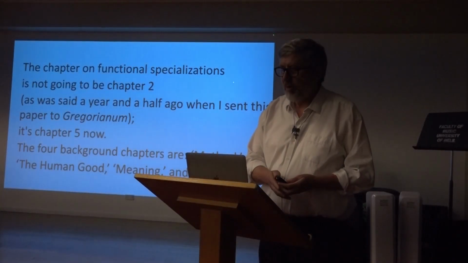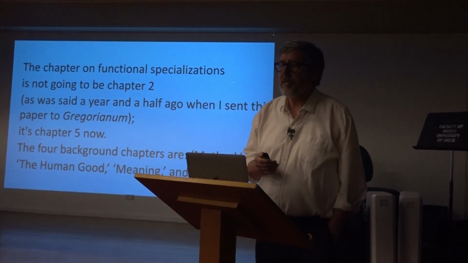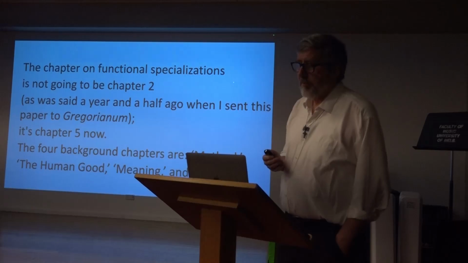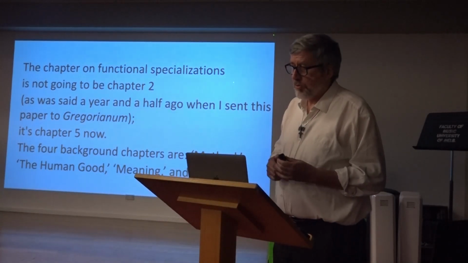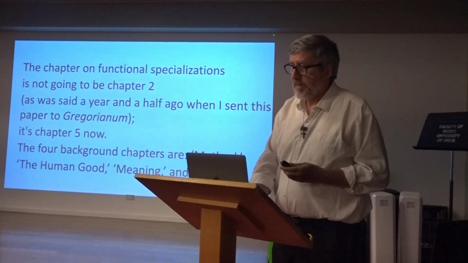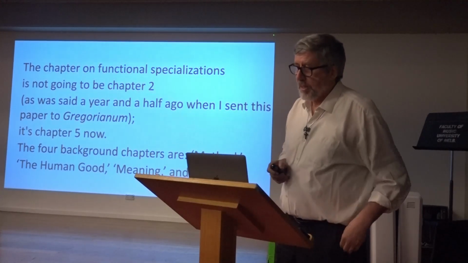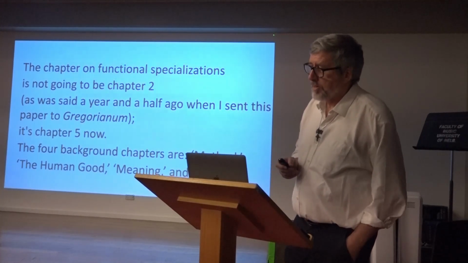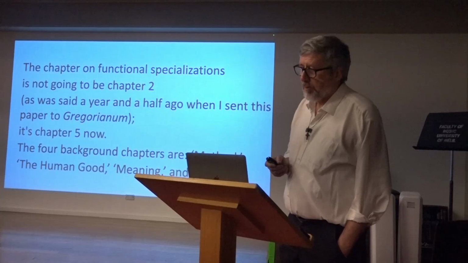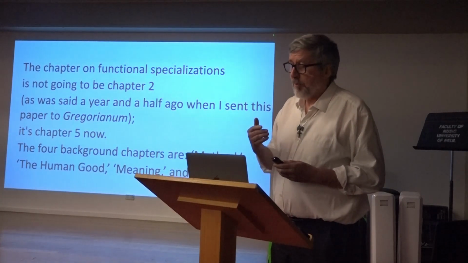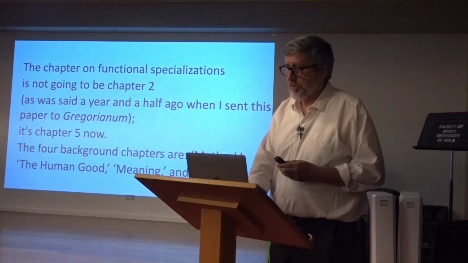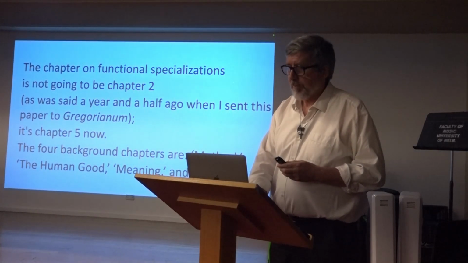He doesn't say what would have been chapter 1, but we find a clue in some of the summer courses that he gave over the time he was writing Method, where he's really reading out the text of his draft of Method. In the 1968 Boston College course, he began with lectures entitled Method, which closely followed the first chapter of the book. So presumably that would have been when he proposed that functional specialties would be chapter 2, the chapter on method in general would have been chapter 1.